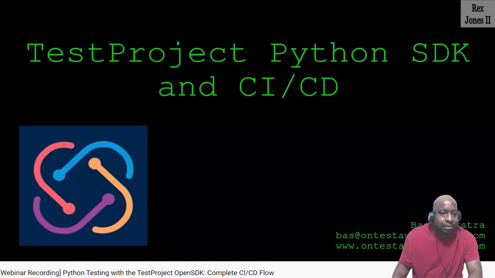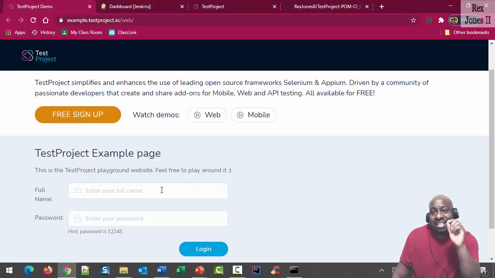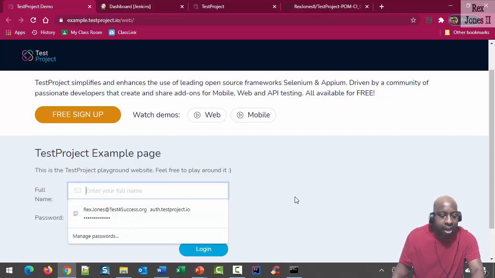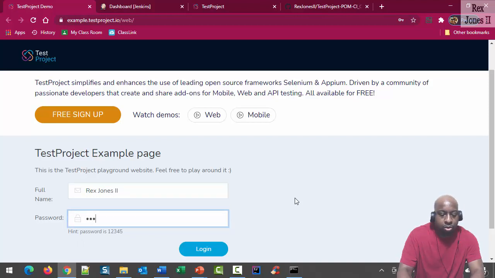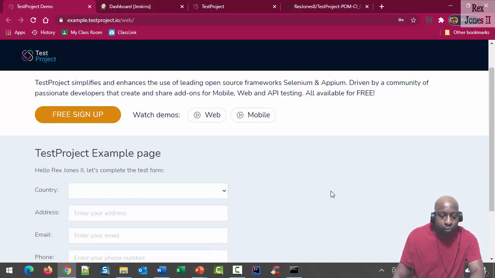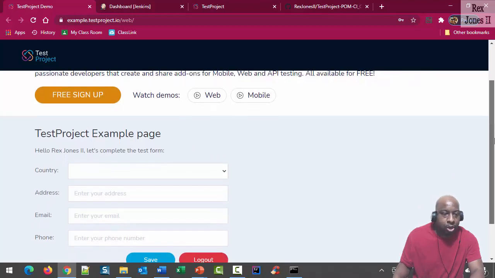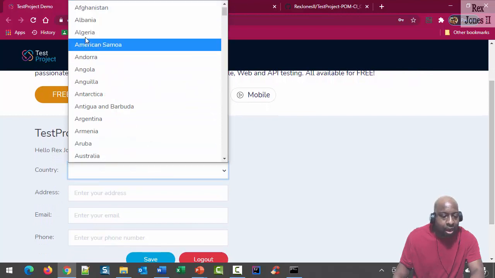Our application under test is TestProject's example page. We're going to enter the full name, Rex Jones II, password 12345, then click the login button. On the next page, we select a country like Algeria,